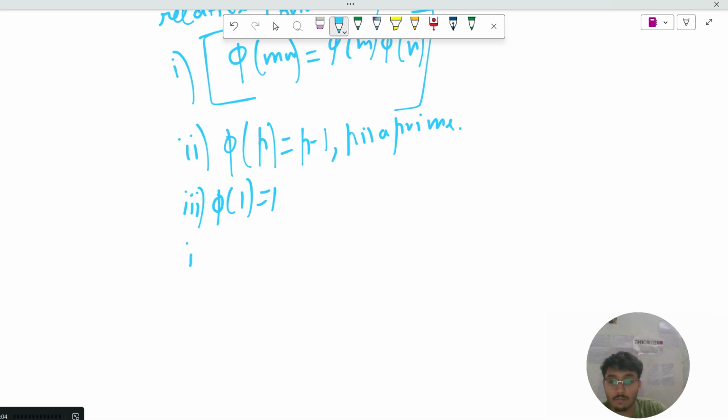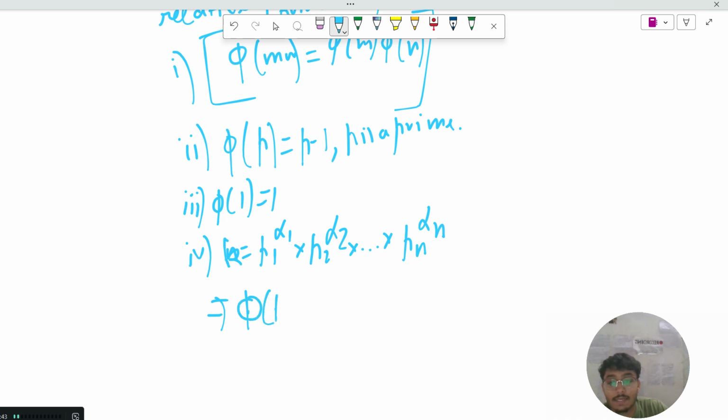Now one more thing: I need to show you this result, it's a big result. We don't usually remember it, but just try to remember. If my n is of that form where we had to find the number of divisors of a composite number, if n is basically p1 to the power alpha 1 into p2 to the power alpha 2 into dot dot dot up till pn to the power alpha n, and let this be k, then